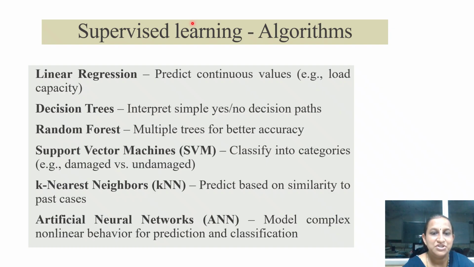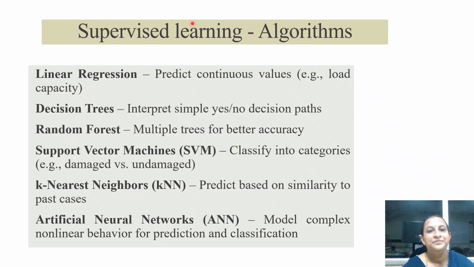Next algorithm is decision trees, where a decision tree makes predictions by using simple yes or no decision rules, making the process easy to understand and interpret. And then random forest. Random forest is nothing but combining multiple decision trees to improve prediction accuracy and